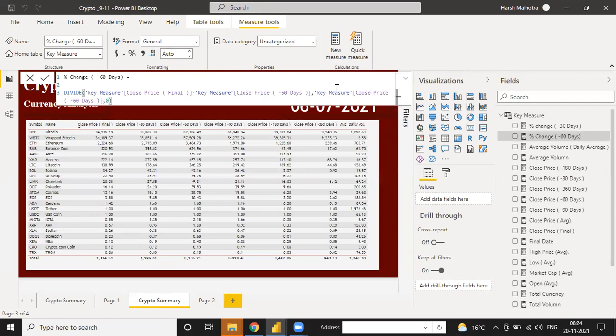Because if you have a lot of functions to calculate, one function gives you the benefit that without creating one measure, you can calculate the same measure again. So for this, suppose you need to just copy, go to new measure, and just change the 90.